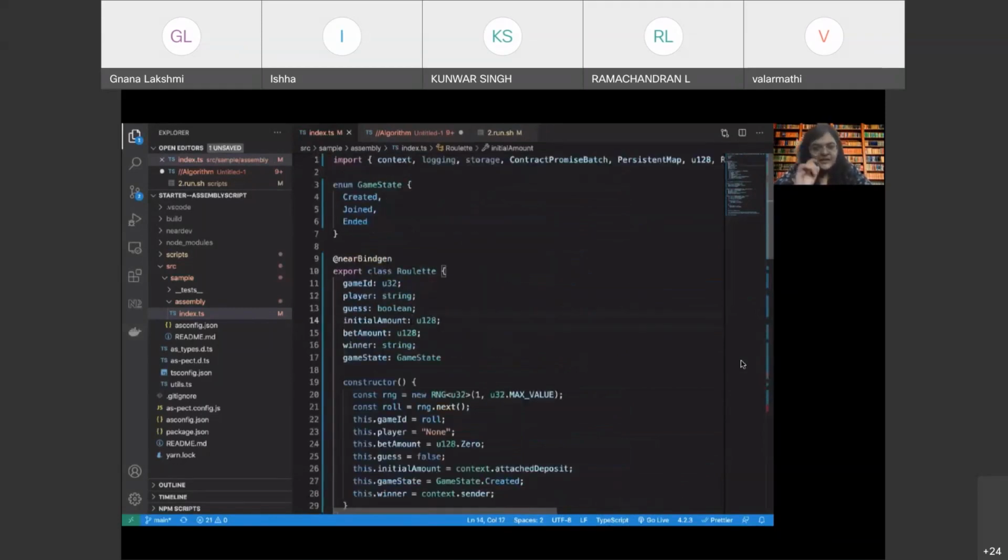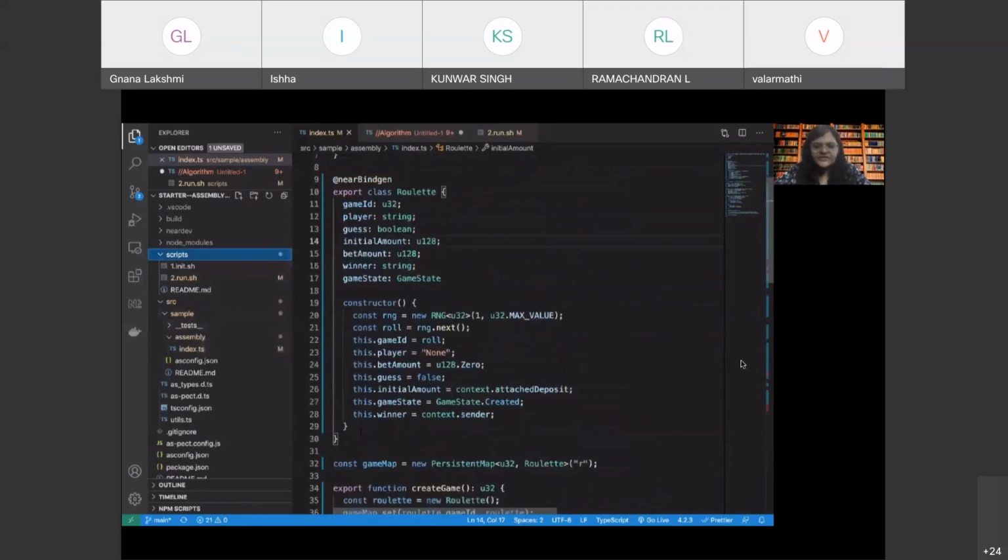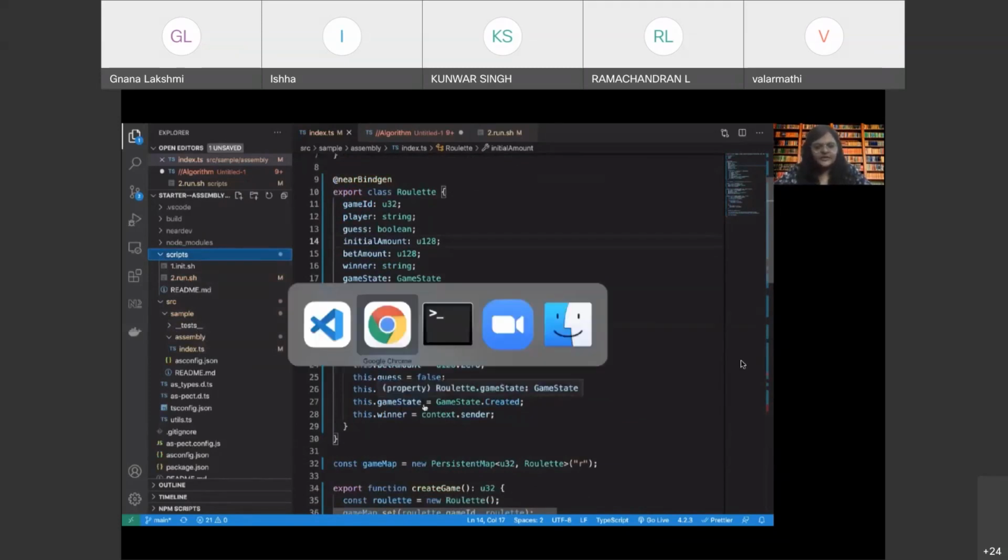Now, in the next video, we will be running this contract using the scripts that are present under the scripts folder. And then we will be seeing how to call the different functions and see the contract in action, right? Along with that, we'll also learn to write some small tests for this particular contract.